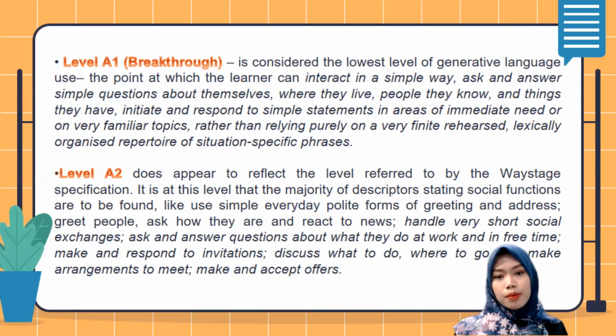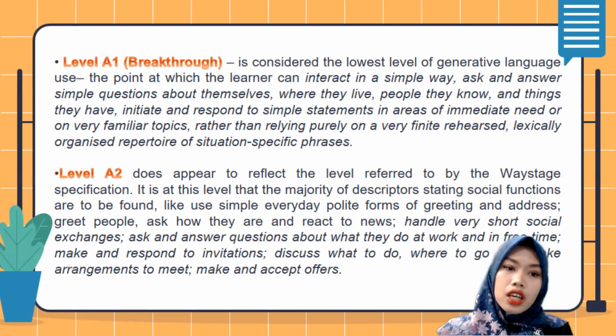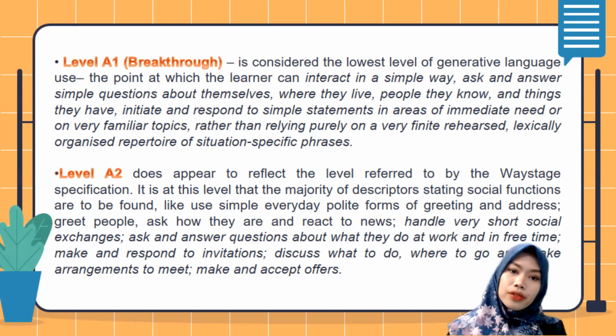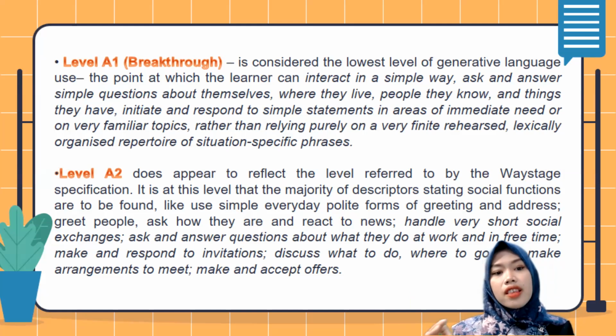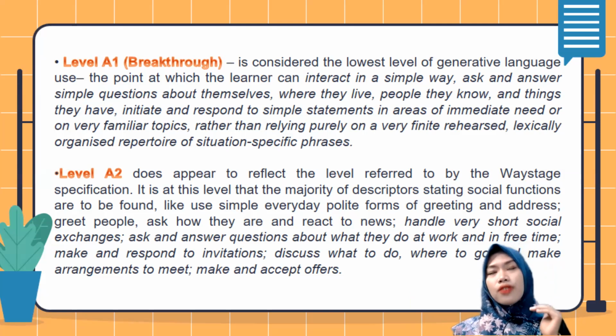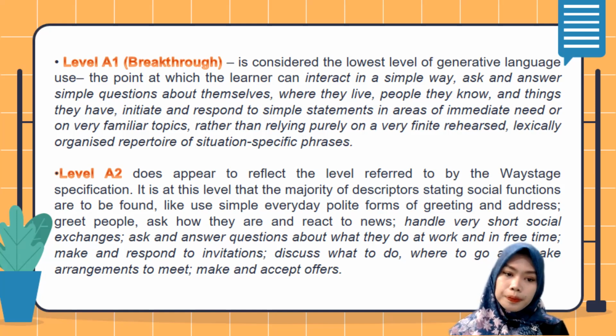Okay, let's explain each stage, yeah? Level A1 or breakthrough is considered the lowest level of generative language use. Just like I explained before, that it can interact in a simple way, ask and answer simple questions about themselves, where they live, people they know, and things they have, initiate and respond to simple statements in areas of immediate need or very familiar topics, blah, blah, blah. Again, for the level A2,